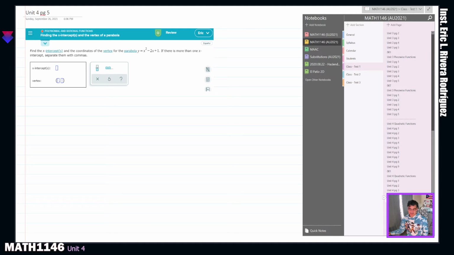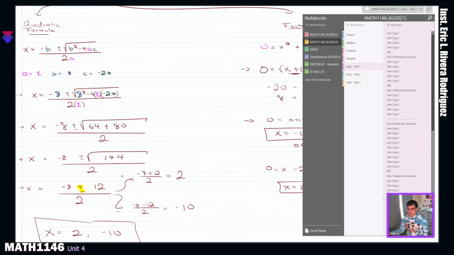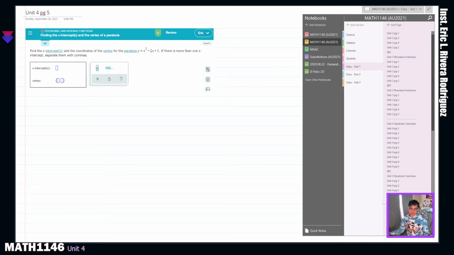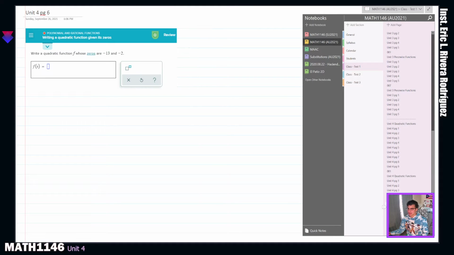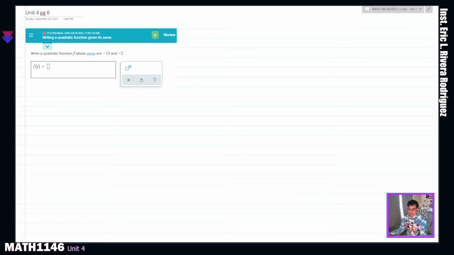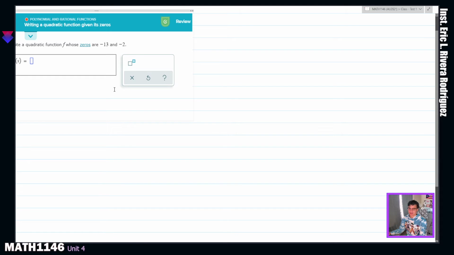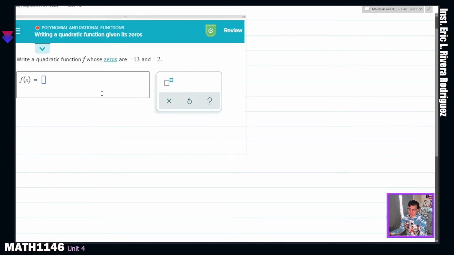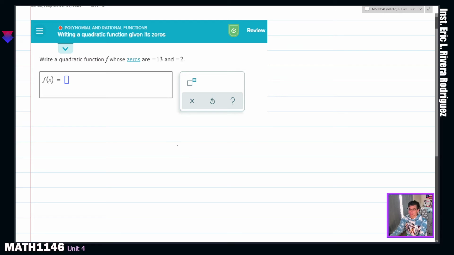So finding the intercept is the same as finding the zeros. If you see on the exercise that they are asking for the intercepts, you will do this, obviously with the function that the exercise gives to you. This one is very straightforward, but might throw you off because it is basically what we did, but